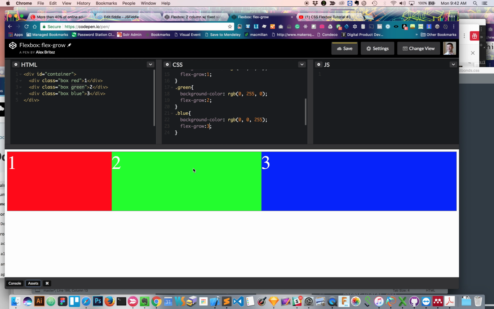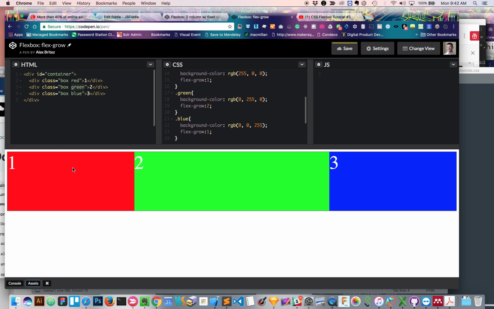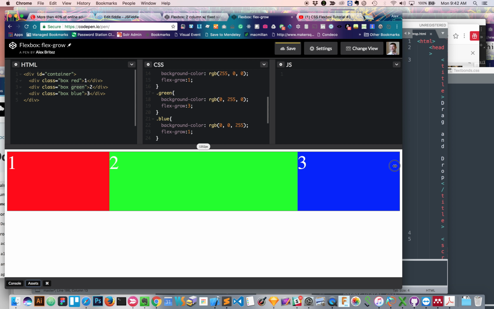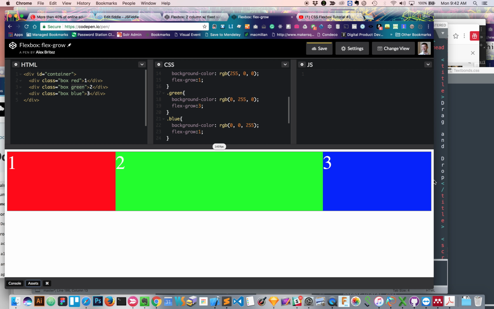Now, let's just say I wanted to go back to the original ask. I want to make 1 and 3 be my columns, my side panels, and then 2 is my main content. So what I'll say is, let's just say 1. We can say that both 1 and 3 are 1, and maybe I'll make this green one 3, and it's going to make it larger. But now, which might be fine, if you want those to shrink as you shrink, that could work. Or the other option is just take these off,